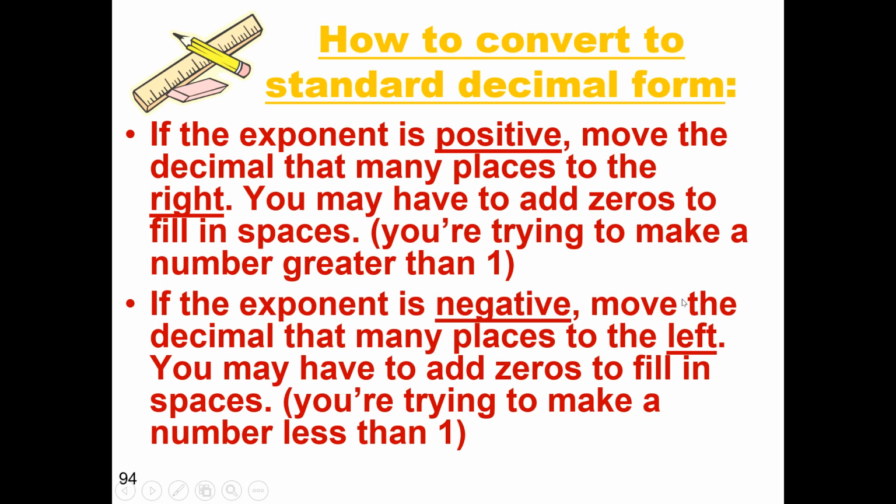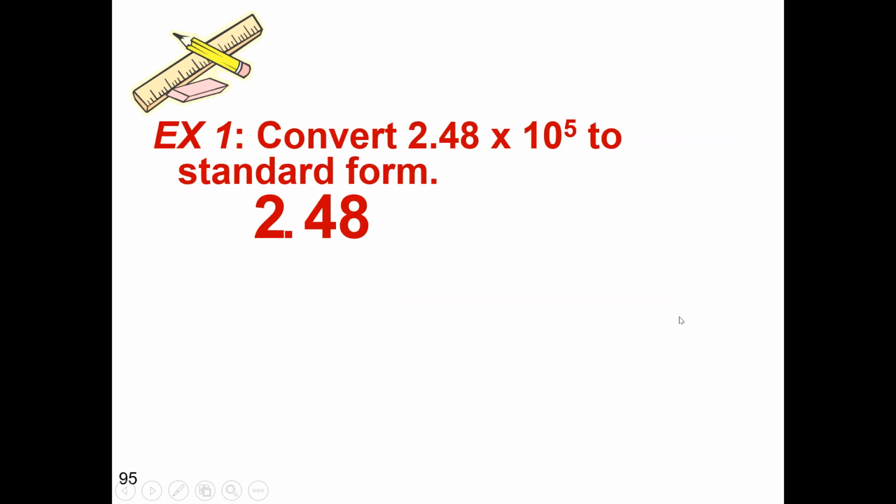So we're going to go backwards now. If you understood how to do scientific notation up to this point so far, then this part should be easy peasy for you. So we are going to now convert to standard form or decimal form. That's all the same thing. These are the rules, but I like to work from examples. So just make sure you have these copied into your note packets,